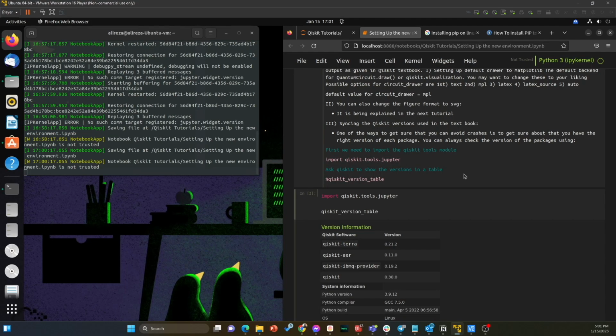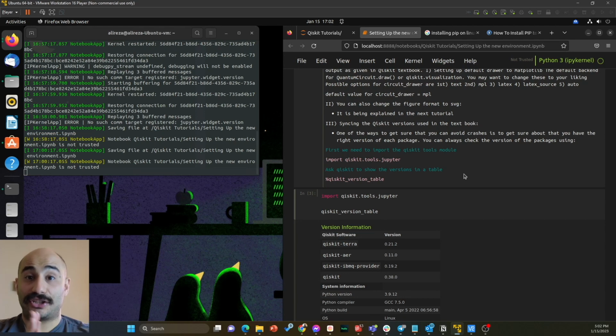After you install your Qiskit and Qiskit textbook, one of the important things to know is the version of each of your Qiskit submodules. You can get that information by importing Qiskit tools, Jupyter, and then print the Qiskit version table. So here you can see I have